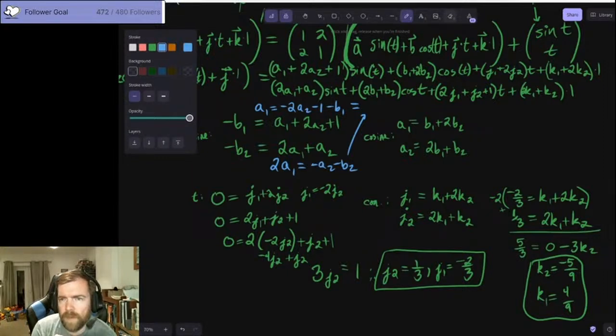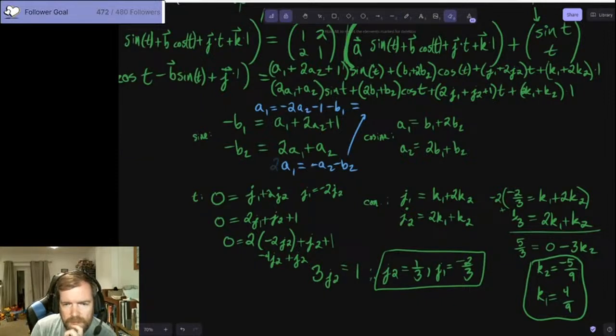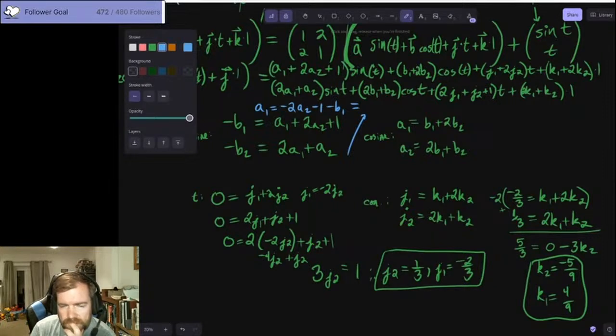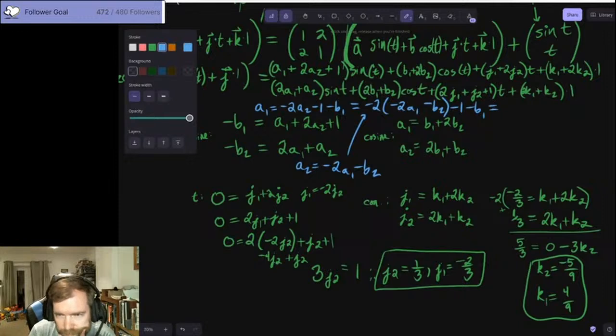No. We wanted that initially. We wanted A2. Negative 2A1 minus B2, which means that A2 is going to get replaced. This is negative 2 times the quantity, negative 2A1 minus B2, minus 1 minus B1 is equal to. Alright, A1 is equal to